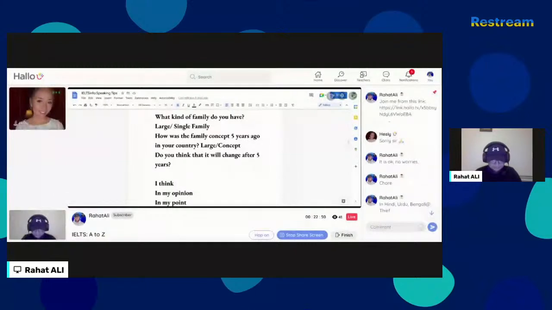So there are a few types of family. There is the joint family, and there is also a single family, and what is the other kind of family member? Okay, joint family, but